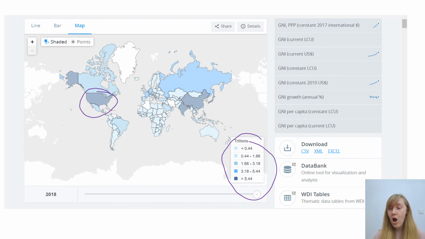That means they are one of the most developed countries in the world. In comparison, if we take one of these countries here, you can see they are a lighter blue, which means they probably have 0.44 or below, or between 0.44 to 1.66. Now, just to be clear, that is trillions of dollars. It's usually done in dollars so that it is equal across everyone and you're not taking into account the different